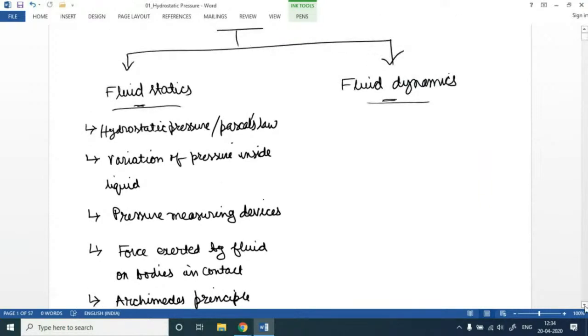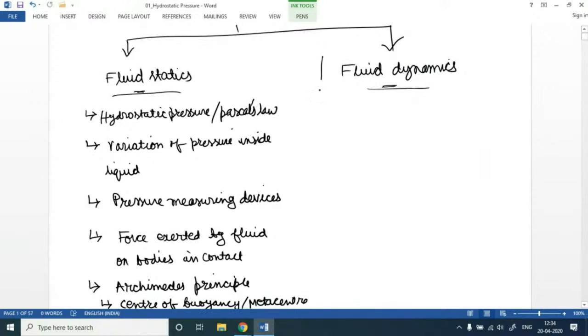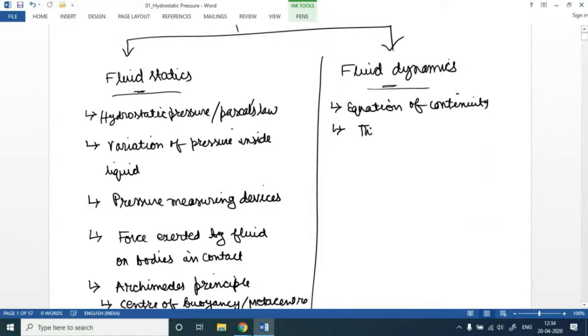So these are the portions we will be covering under the heading of fluid statics, whereas under the heading of fluid dynamics we will look into the equation of continuity. And we will be looking at thrust force exerted by incoming or outgoing fluid. Then we will be looking at Bernoulli's principle,